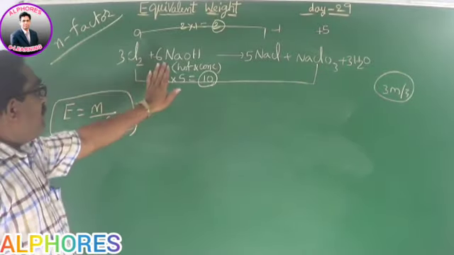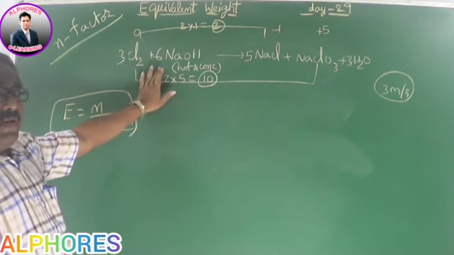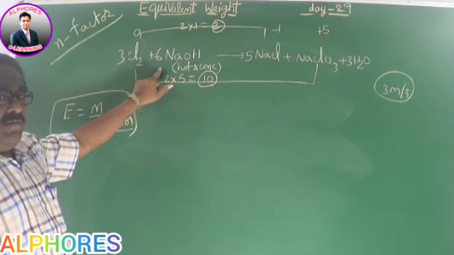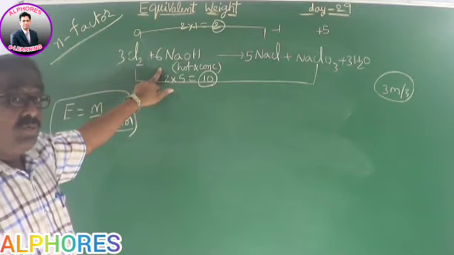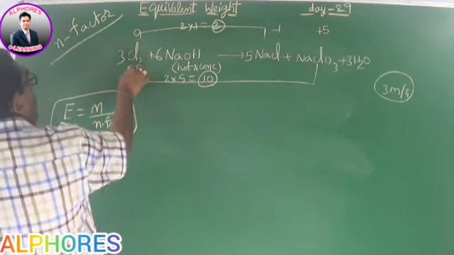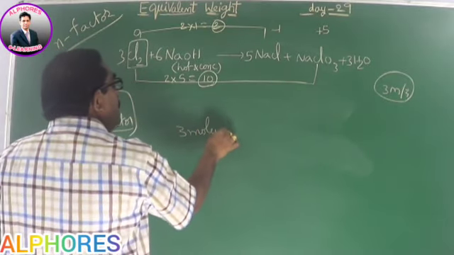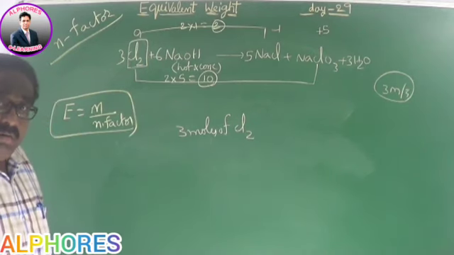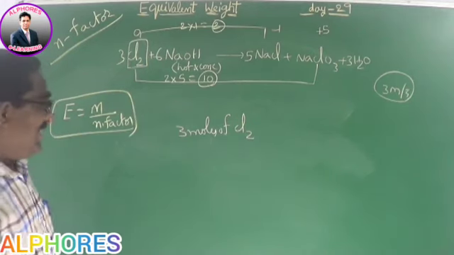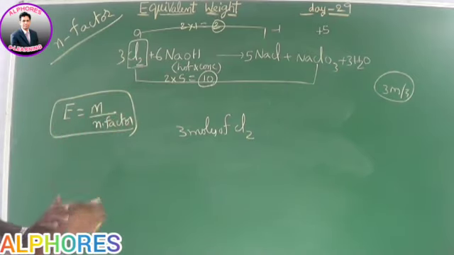Now, come to this. I have already taught you how to calculate the equivalent mass of an element which is undergoing reduction through the formula. Now I am going to explain it through the concept. Here, how many moles of chlorine are there? 3 moles of chlorine molecules are there, because I am calculating equivalent mass per chlorine molecule. Let's see how many moles of electrons are transferred finally. That's what we have to do here.